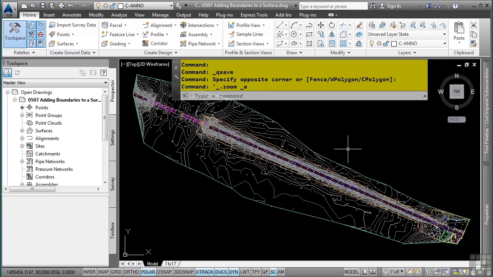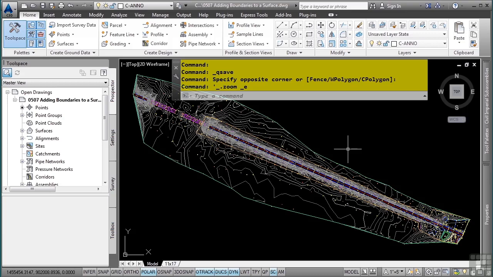A hide boundary would be used to hide an area that you do not want to triangulate, such as a pond, a building, etc. A show boundary is used to show the inside of a hide boundary, but can also be used to show render materials. A data clip boundary will actually remove the surface data outside the boundary from the drawing, and is very useful if you are using point files to create your surface, as the actual point file data will not be included